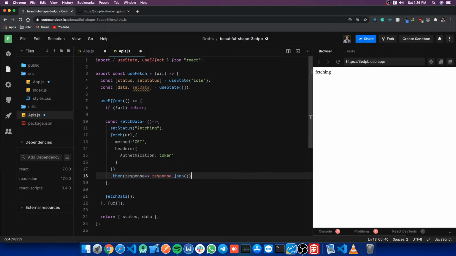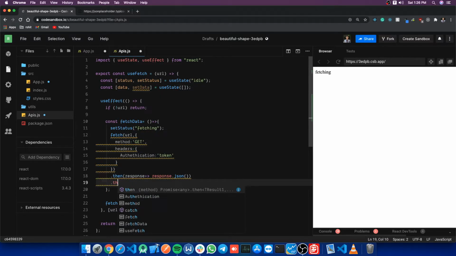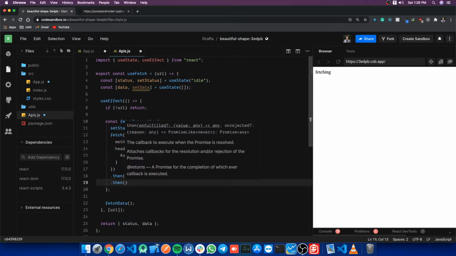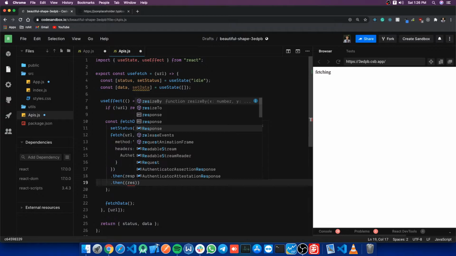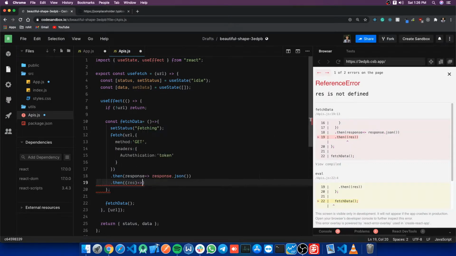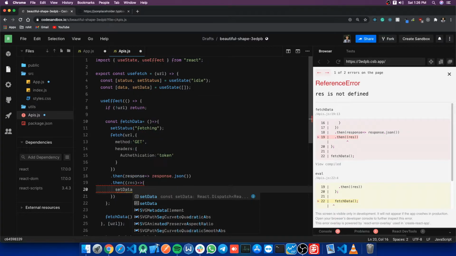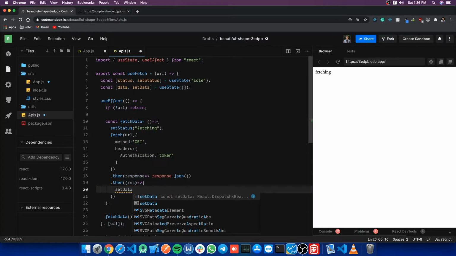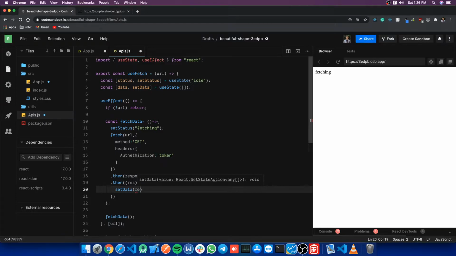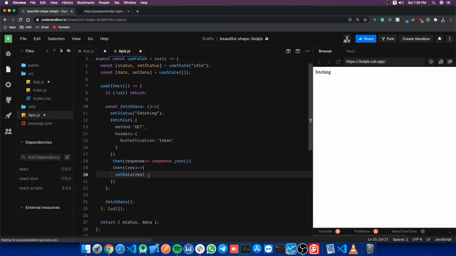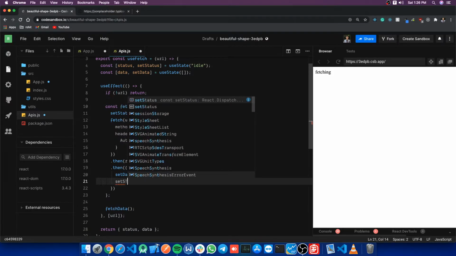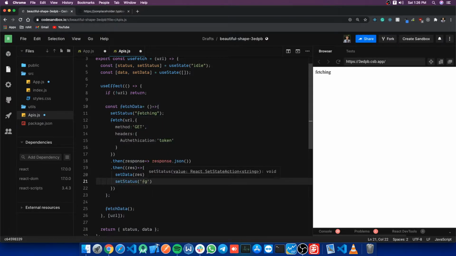So just convert it to JSON, and when it's converted, we will again get a response, and inside of that response we will get our final data that is converted into JSON. So we will simply call set data and pass down our response here, and then set status to fetched.